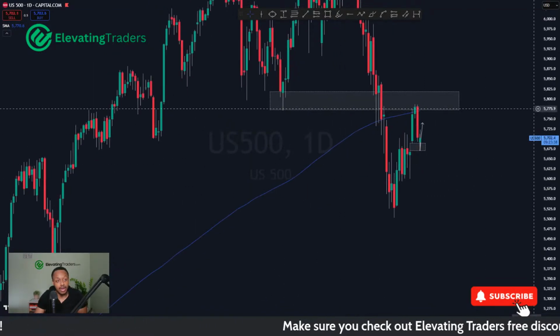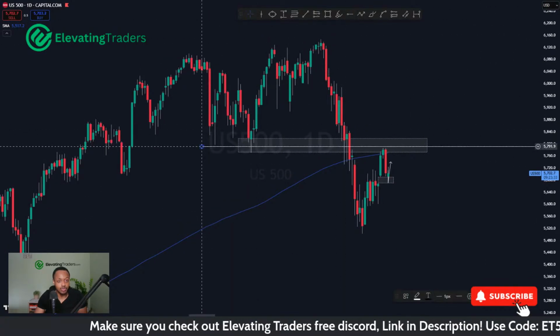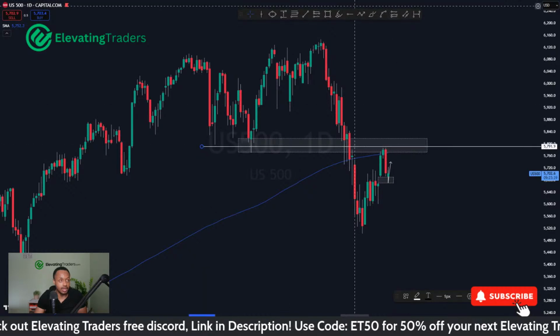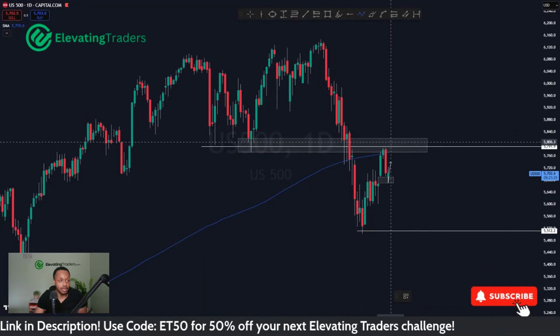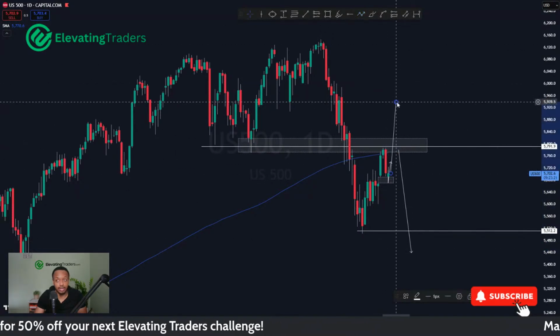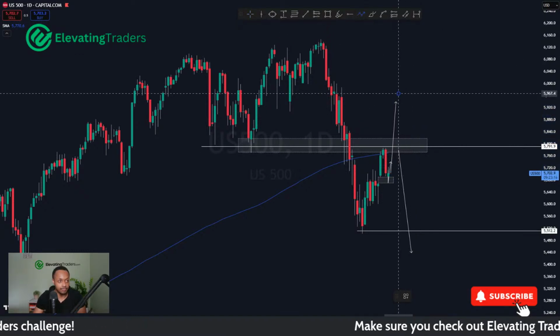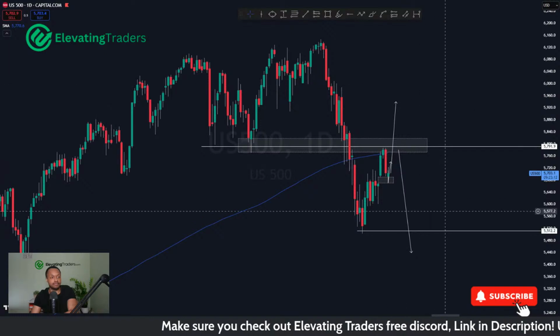I'm still pretty bearish on the S&P as well. As long as we can hold this level of support, which is around 5,800, I do think S&P can make its way back down to the swing low here and potentially further. Of course, if you go and break through this and break to the upside, I'll stand corrected. S&P is looking bullish again. Corrections and continuations will be the plan from then onwards. But we have to do that first.